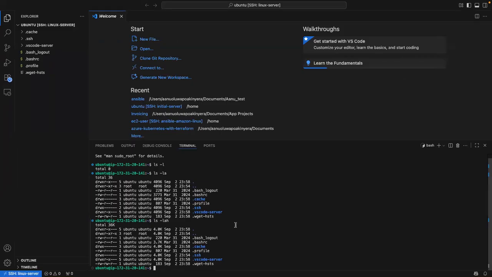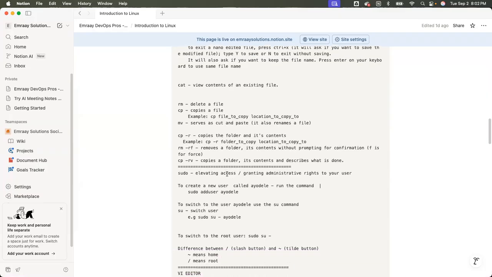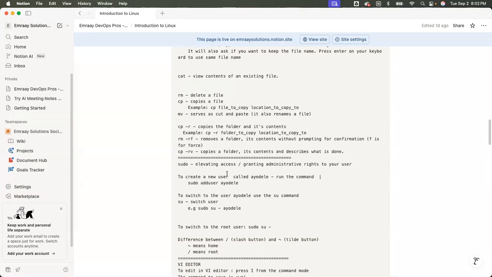All right, so sudo, how do I explain sudo? Everybody has a Windows computer, and even those that have a Mac, there are certain things you cannot do on your computer as your user, right? It's going to ask you to enter your password, or it's going to tell you that you need administrator access to do something like this.